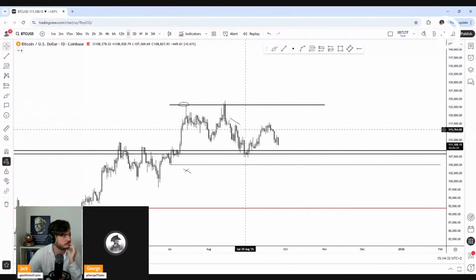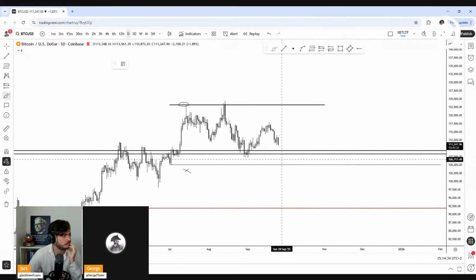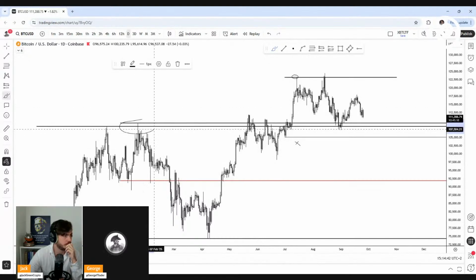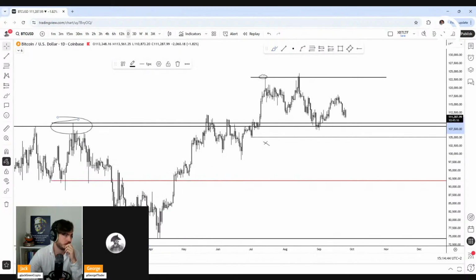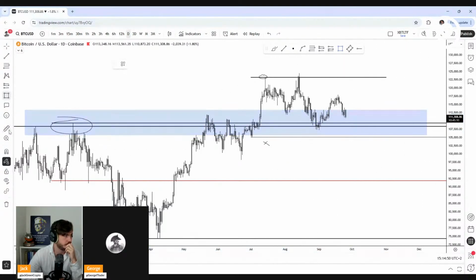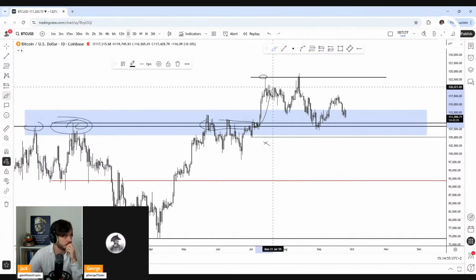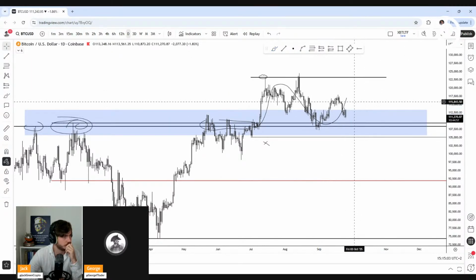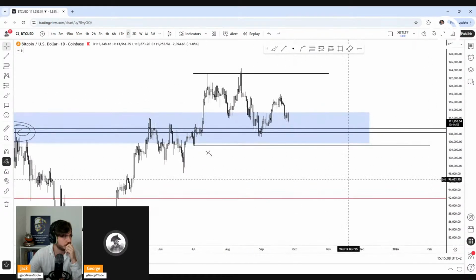Now, still, let's say we don't go for this high time frame liquidity and we bounce from here, which is definitely possible, as I just said, because we're still trading above these high time frame levels, and just a pivotal area in general around here, right? Resistance, all the way resistance, broke above, support. So what if this is just a lower time frame retest that leads to more upside? Am I gonna flip bearish or bullish, or what am I gonna do then? Well, then it's still simple for me.